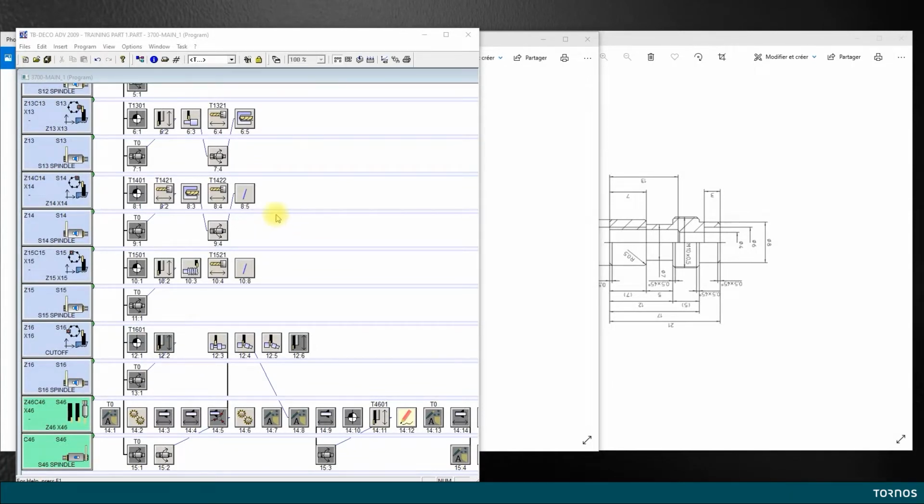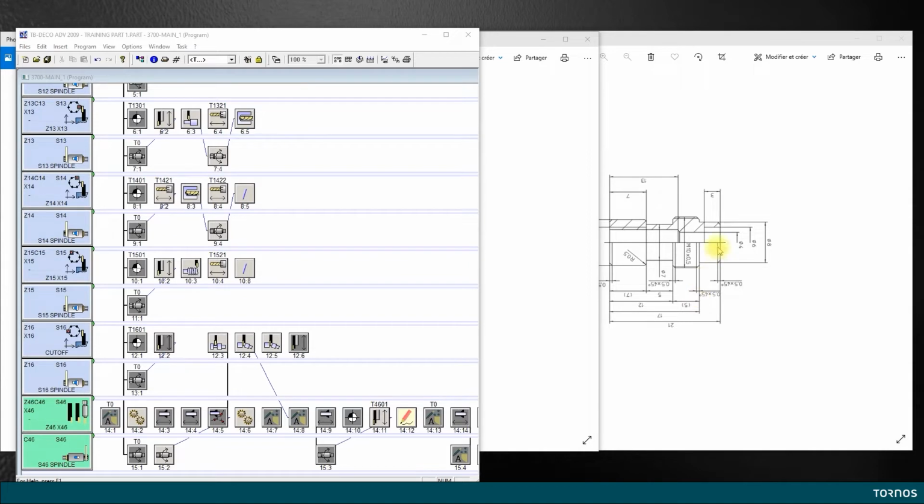Okay, now we are about to program our last operation, that is the backwork. As you can see here, I did turn the part around on purpose, because this is how you represent the part when you are doing the backwork. You just turn it around. As you can see, my numbers are upside down too since I turned it around.